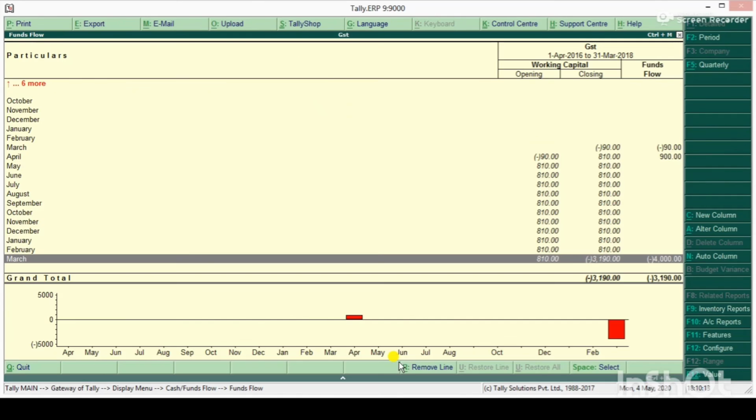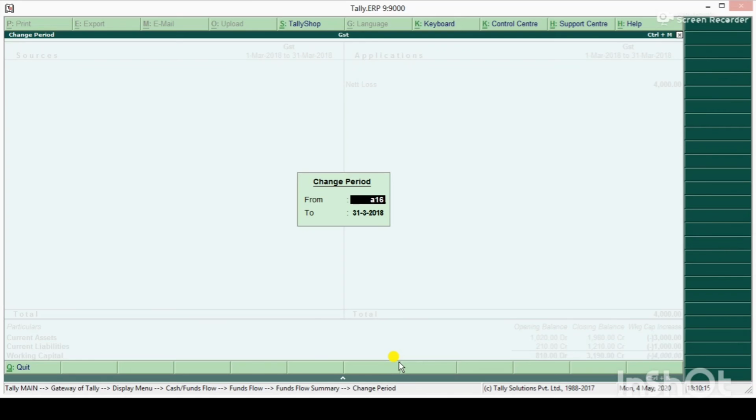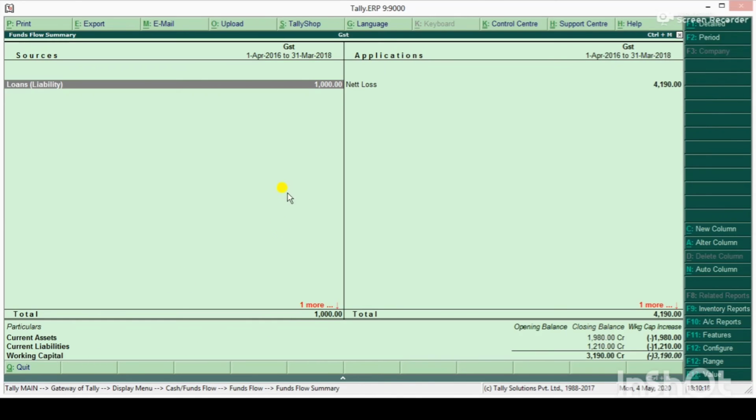You can check, and here also you can check fund flow. 16th March. So how the cash, sources of cash, so yes, we have received a loan and then application, so all we have lost in making expense. So here cash flow shows what cash we had at the beginning of the year, and what new cash we have received, and what we have spent, and the closing balance. Whereas fund flow shows the source from which we have received funds and their application. Here we have applied all our funds in making loss only.